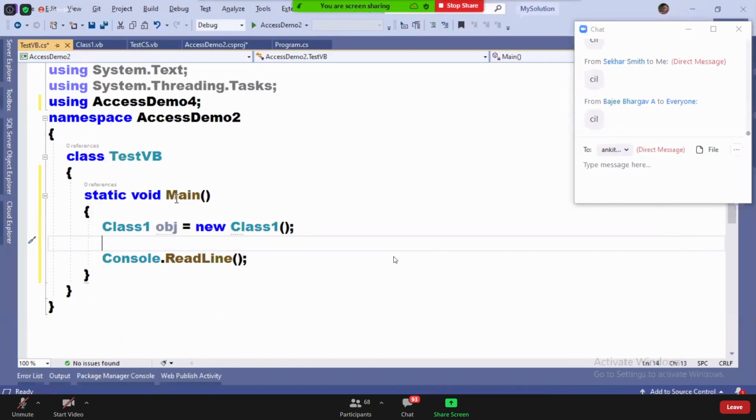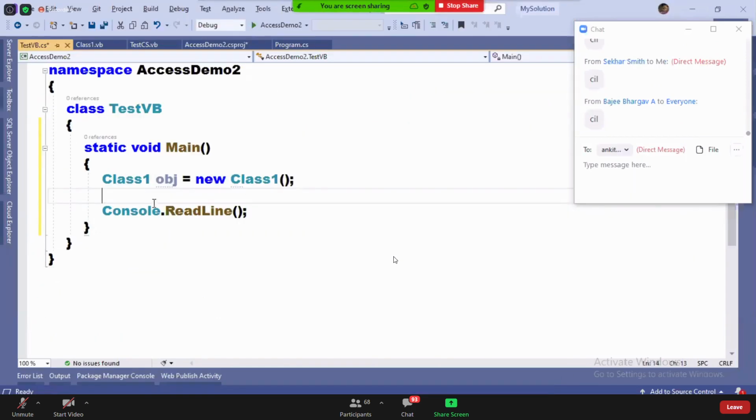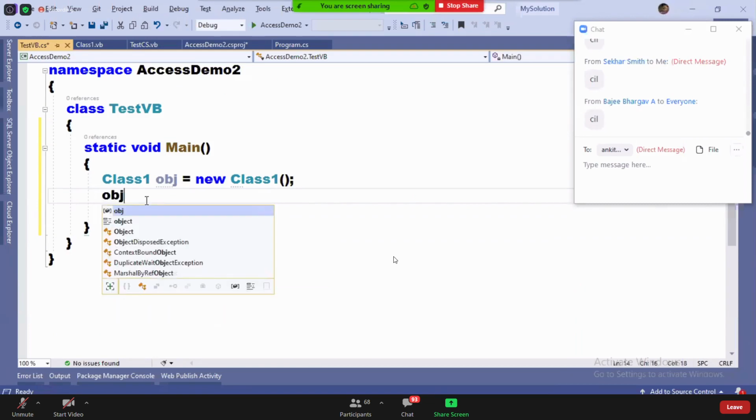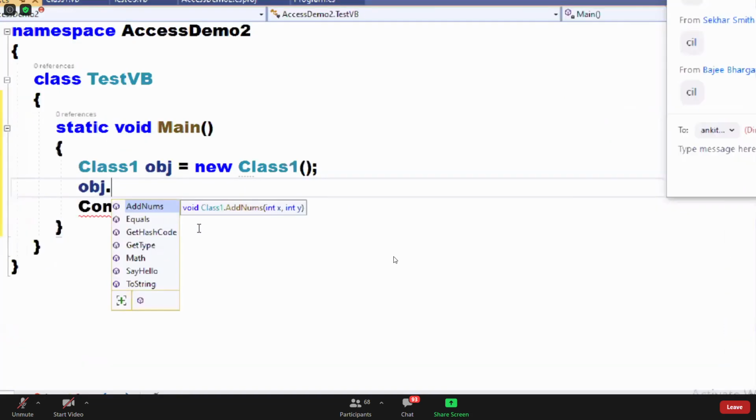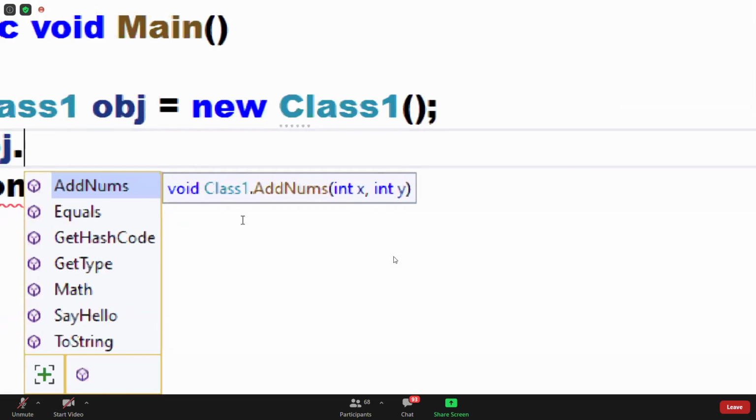When I'm trying to consume the CIL code, Visual Studio will automatically translate the CIL code into C#. Watch it. AddNums. See the signature of the method, guys. It is not showing you the VB signature.